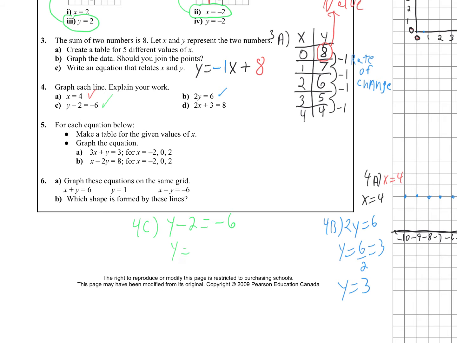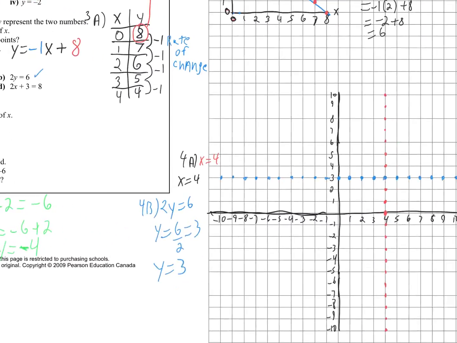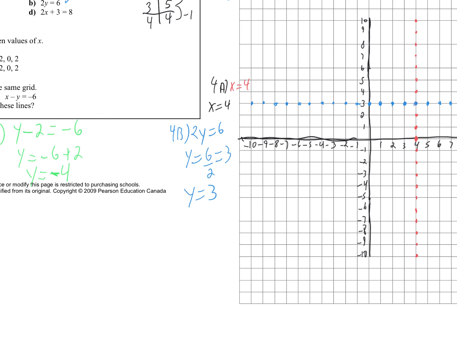So y is -6 plus 2, which means y is going to equal -4, because -6 plus 2 is -4. So for 4c, since it's y again, it's going to be a horizontal line that goes through -4. And since right here on my y-axis is -4, we have a horizontal line